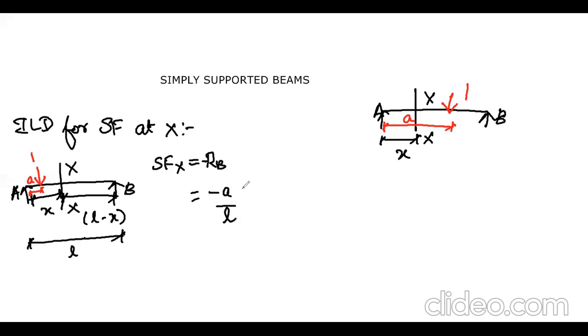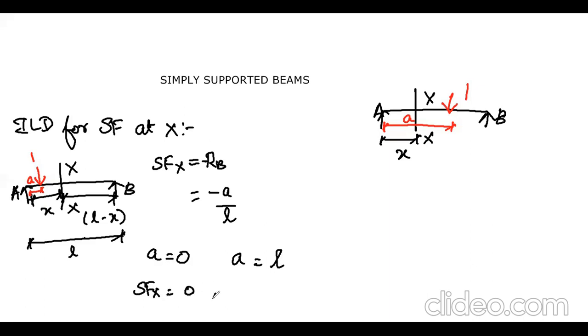Now what will we be doing? We will be applying two cases. That is when this unit load acts at the point A, that is a equal to 0. And the second condition is the unit load acting at the point L, that is, the unit load has moved to the point B. Here we all know that a is a variable moving from the point A to B. First I am considering the first point A and second the point B. At the first point the value of small a becomes 0, and at the second point the value of small a becomes L.